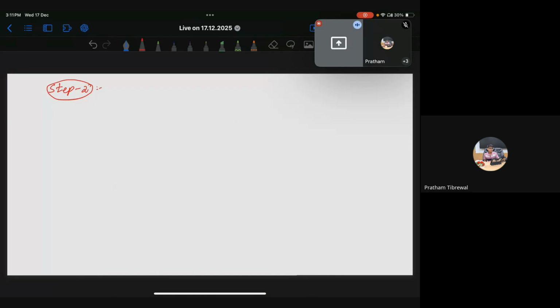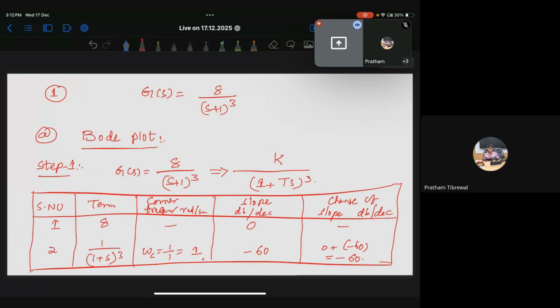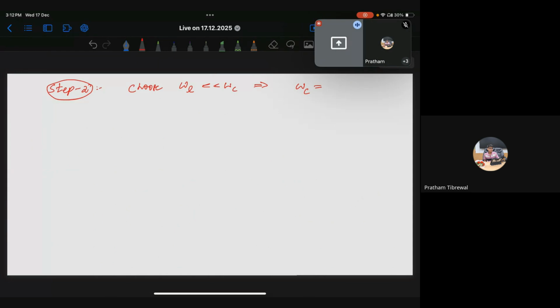So we choose the lower cutoff frequency to be much smaller than the corner frequency. Let's say the corner frequency is 1. We choose almost 10% of that, which is 0.1, approximately 10% of omega c1. Now at omega equal to omega L, 0.1,